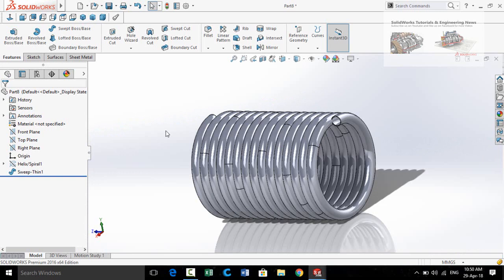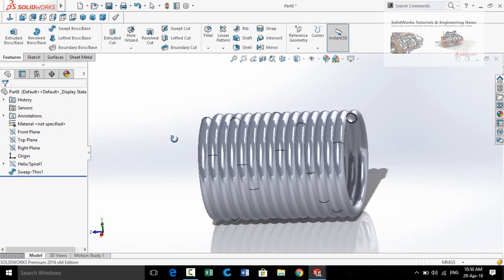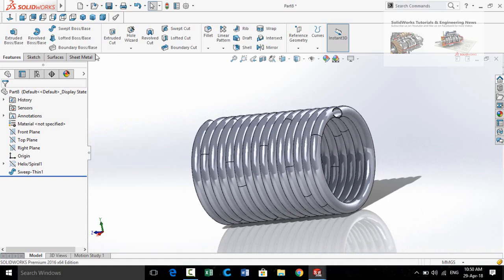So this is enough for today's video, and I hope you had learned from this video. In the next video we will learn the lofted boss base command, boundary boss base command, and the rest of